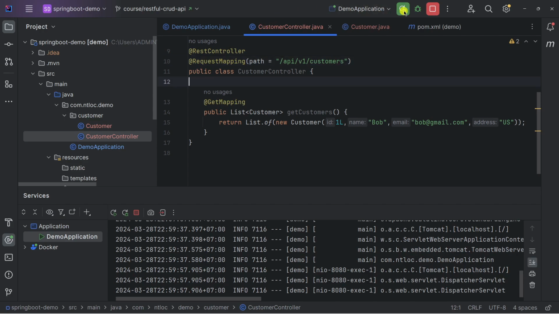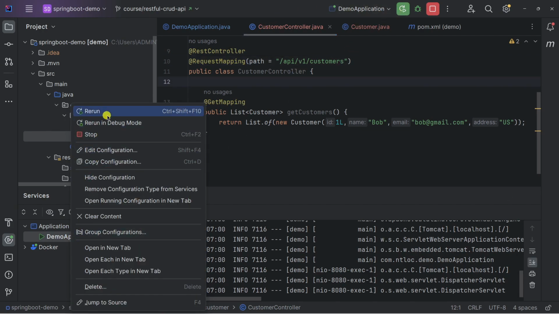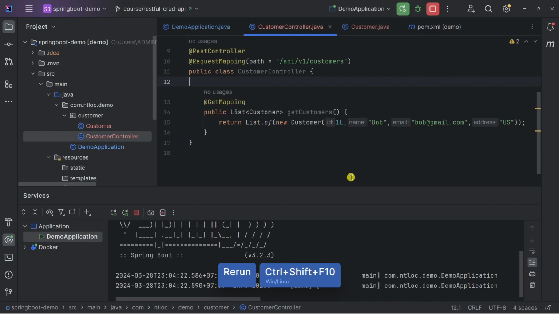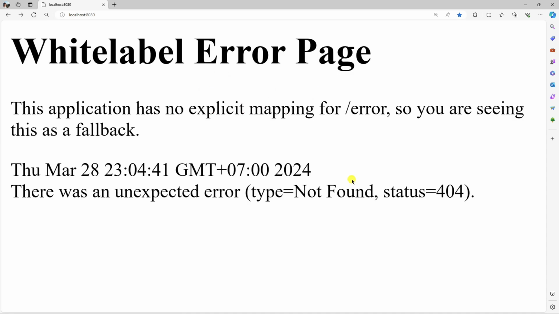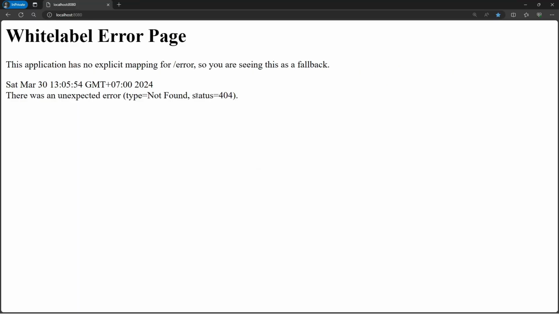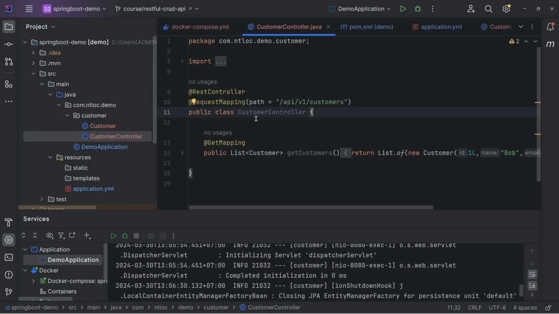Okay, let's rerun again. In here, if I reload the page again, this should not work. And you can see the status is 404. And this is because in the CustomerController, we added an additional request mapping path of /api/v1/customers